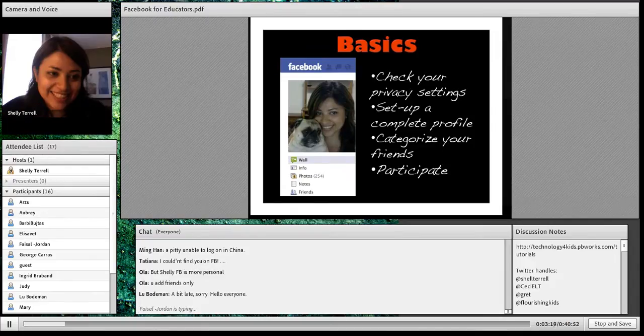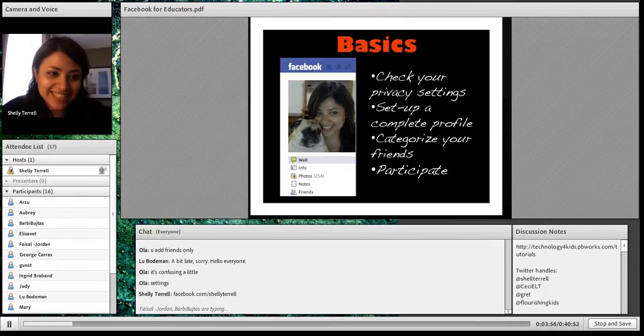So one of the basics when you're starting a profile, first of all, you have to have a Facebook profile to see things on Facebook. So for example, I can give you my Facebook address, and it's open to everyone. It's public, but there are certain things you won't be able to see if you don't have a Facebook account, because that's the way the settings are. So a lot of times people will say, well, I can't see it. I always make a note of each of these webinars that takes place on Facebook. But unless you're logged into Facebook, you won't be able to see this note.